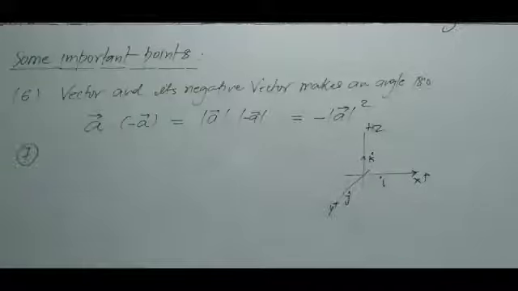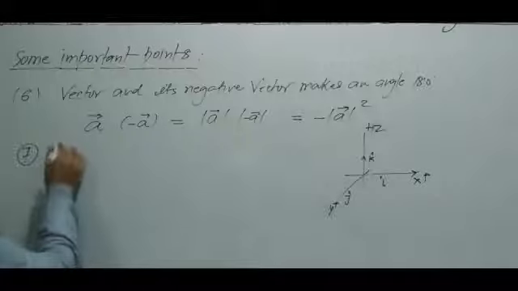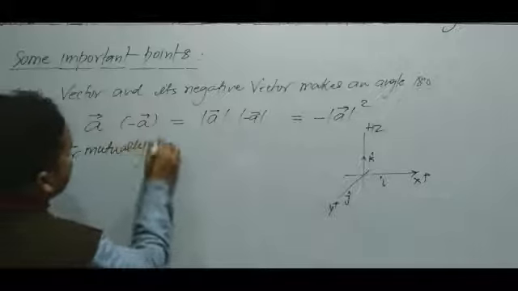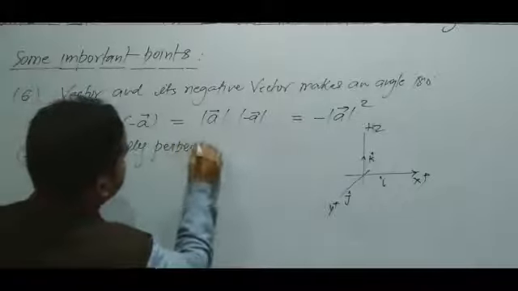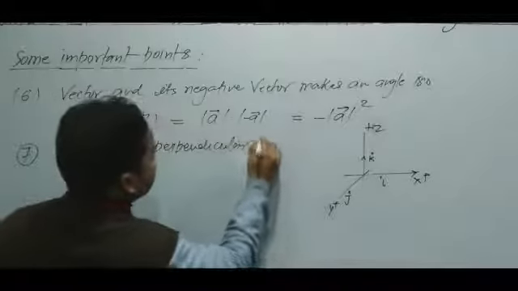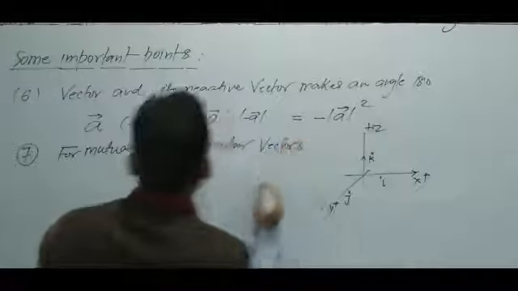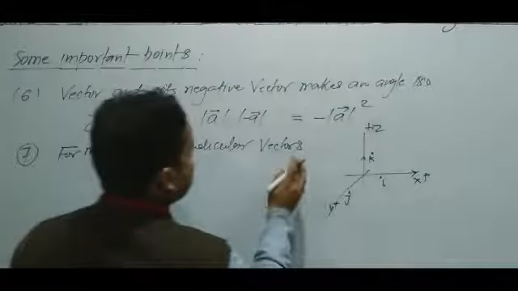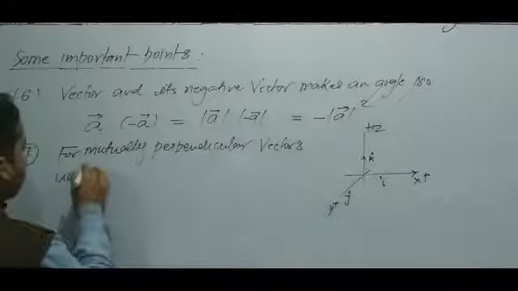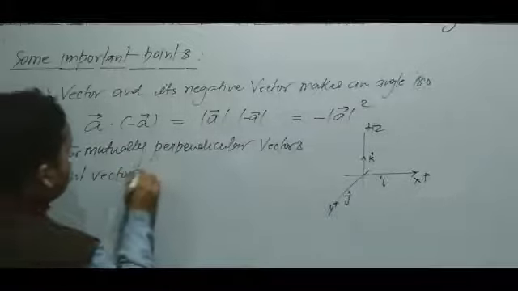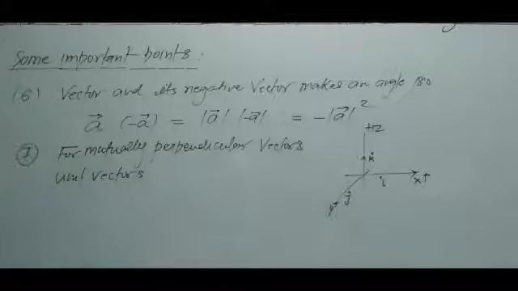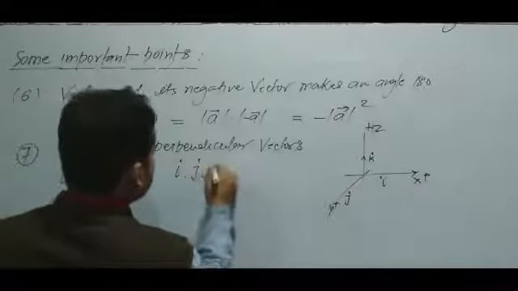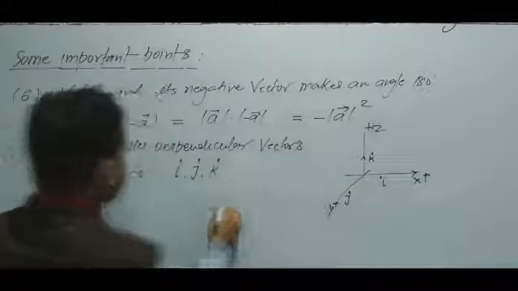So for mutually perpendicular unit vectors i, j, k we have: